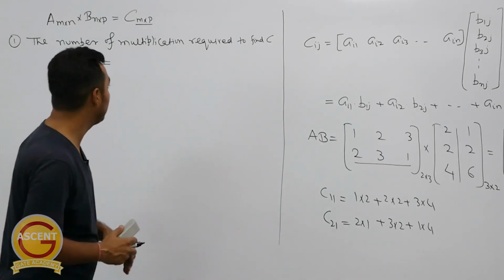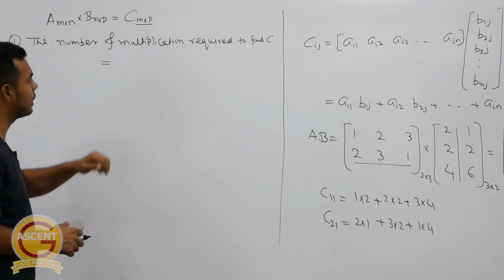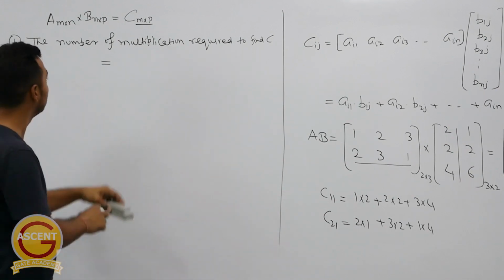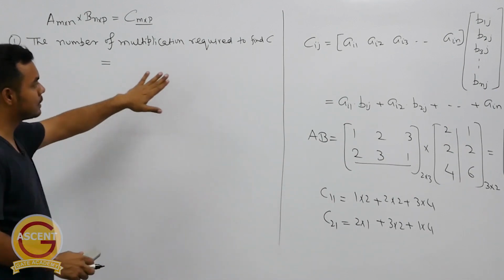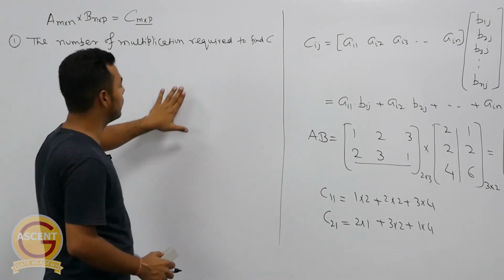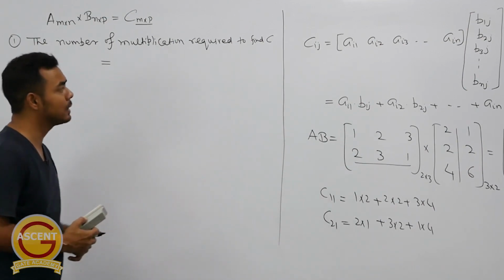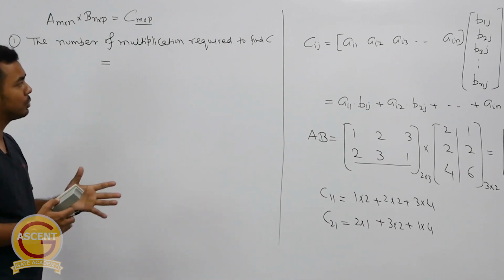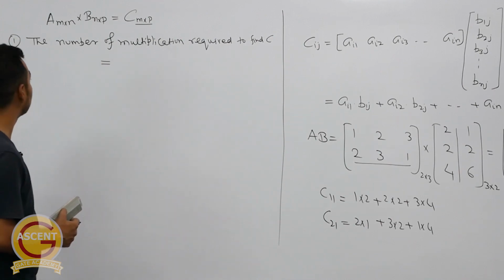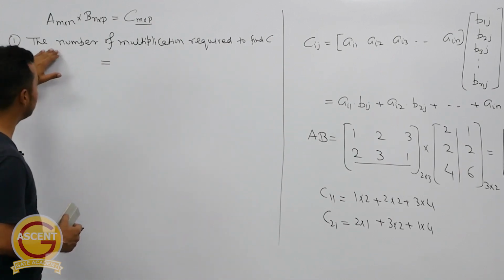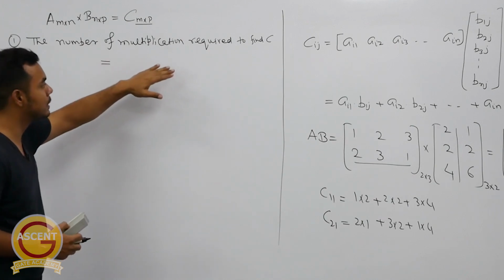Okay, now two very important results related with matrix multiplication that you have to remember. The first one is the number of multiplications required to find C. Questions based on this formula have been asked in GATE on a number of occasions, at least 2-3 times. So the first formula that we have to find is the number of multiplications required to find